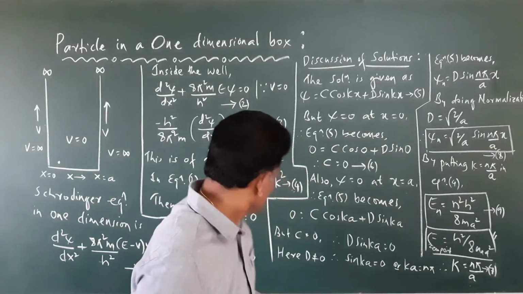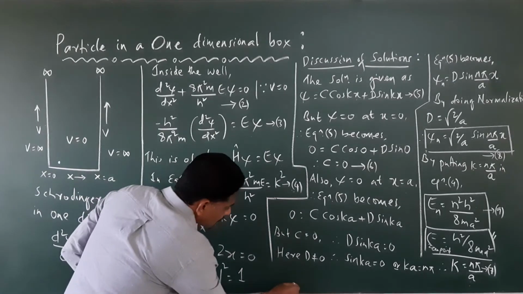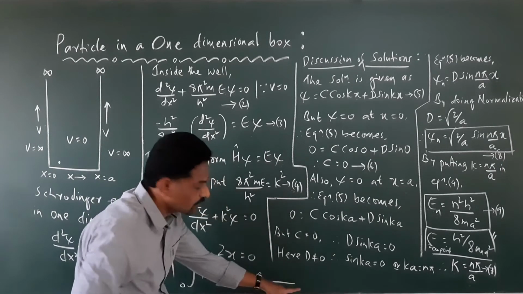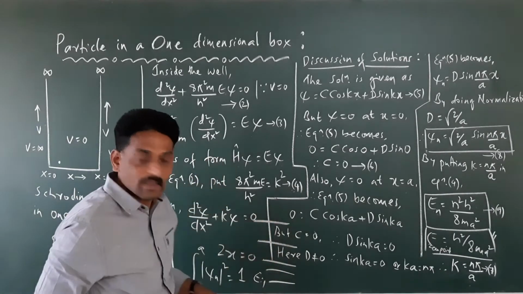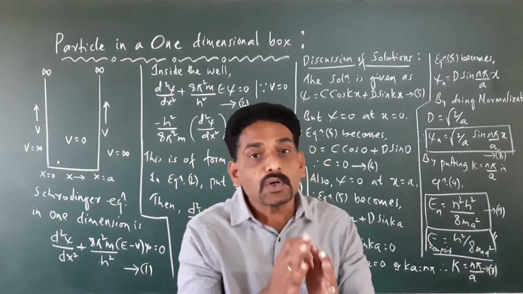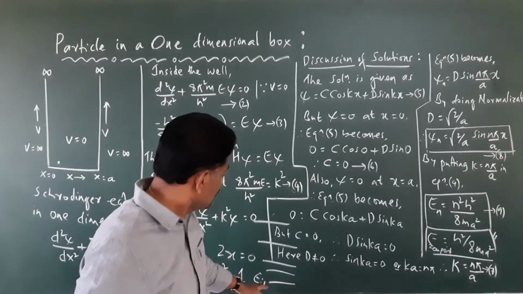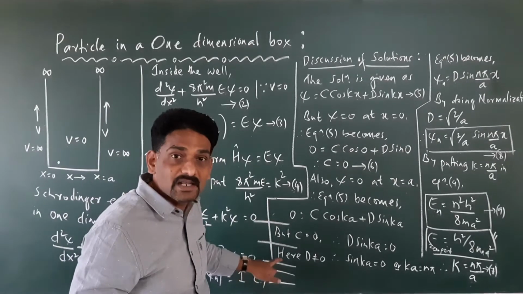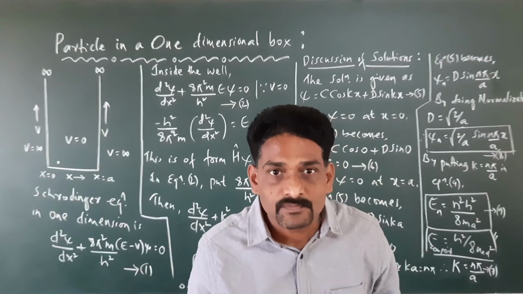What I mean is, if you draw the energy levels, for n equals 1 there is some particular value, then n equals 2, 3, 4, 5. The energy values are going to be discrete. They are not continuous. They are not a continuous range. There is a certain fixed value of energy which is discrete, which is not continuous.